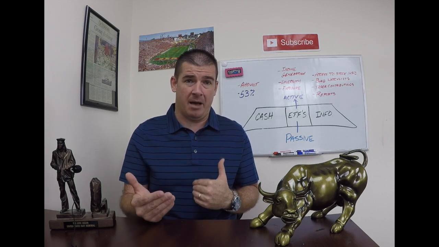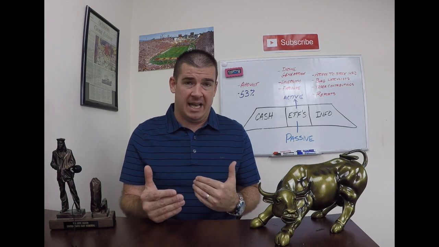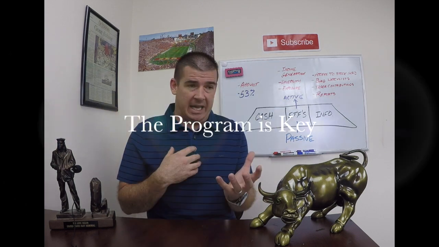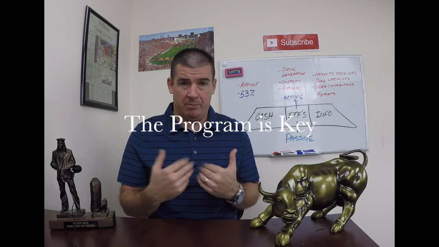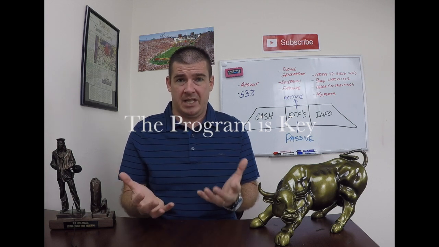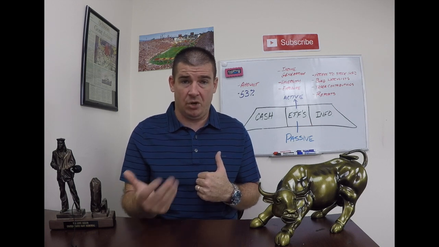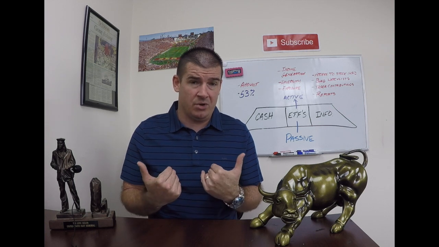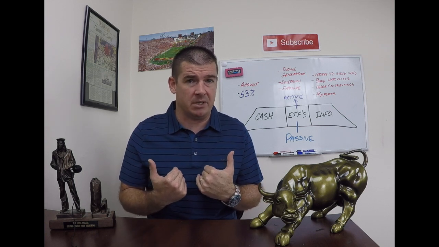So at 59 and a half, you'd be an awful happy camper if you could go in there and say, look, I've accumulated whatever it is, X amount of dollars, or the dollar amount really doesn't matter, it's the program. So if by nature of your contributions you've been able to get up to $400,000 or $500,000 in that account, that money's yours, okay? You don't owe anybody anything. You can go in there and ask for a full redemption of those dollars, and those are yours. The IRS can't touch one dime of it, okay?